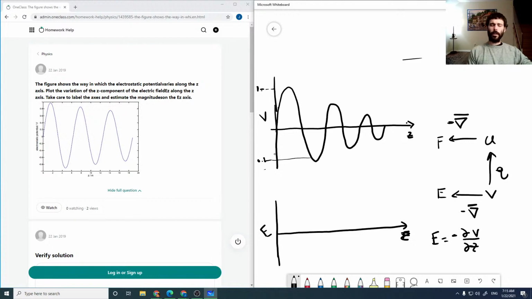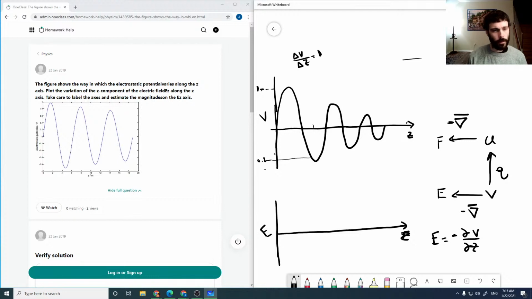So to get some values, I can use kind of rough estimations. So I believe the distance in here is about 2 meters. So it looks like my delta V over delta Z in that region is, say, about 1. So I would presume that I'm going to peak out at about 1 in here,